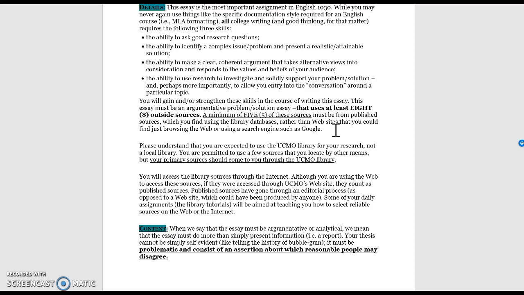As you will learn or have learned, the library website is pretty expansive and has a lot of materials that you can choose from. The reason that we ask you to choose materials from the library databases is that typically information that comes from the library database is a little bit more credible. And that's something too that Dr. Hallis talks about in the library modules.